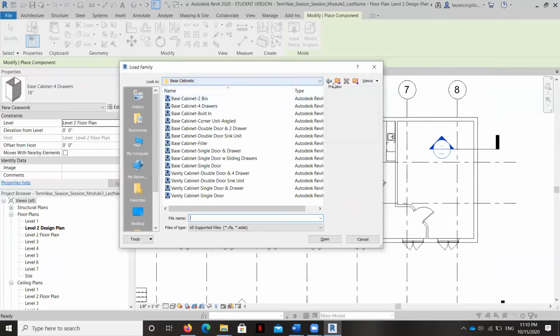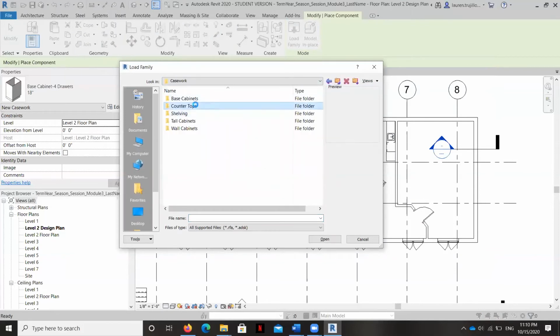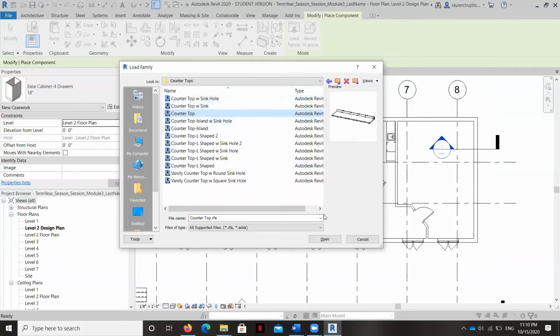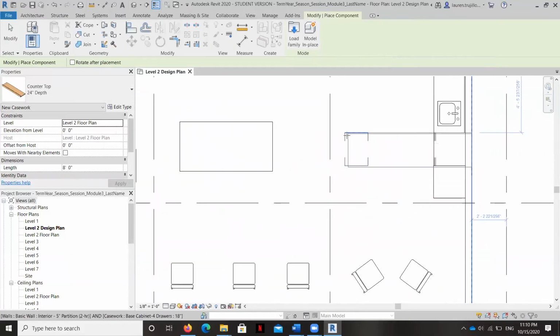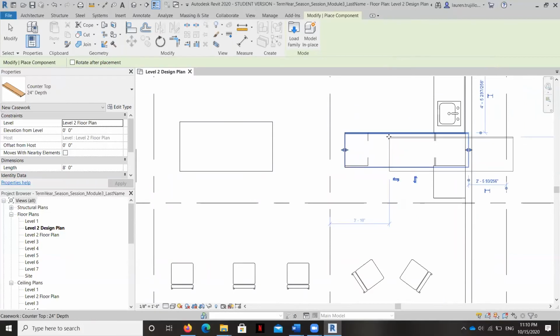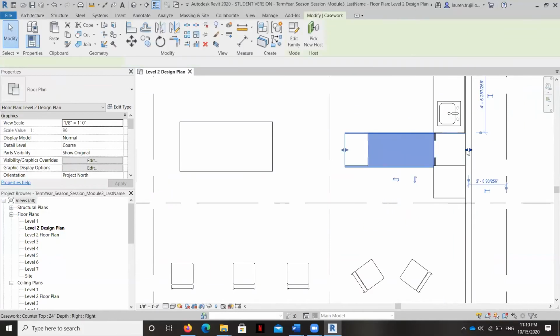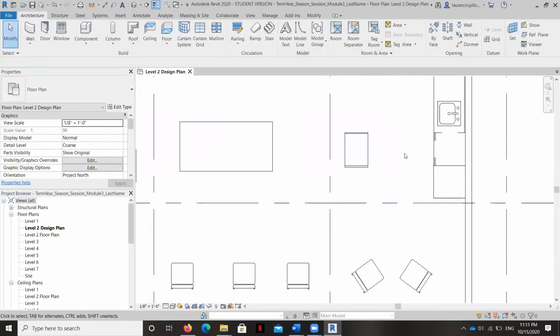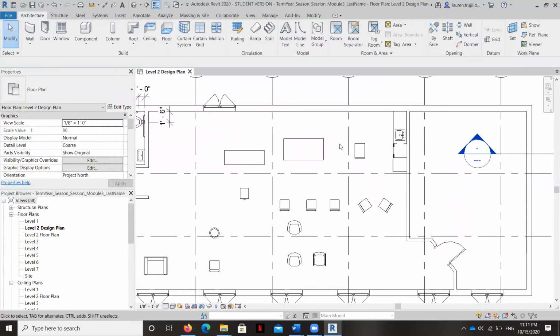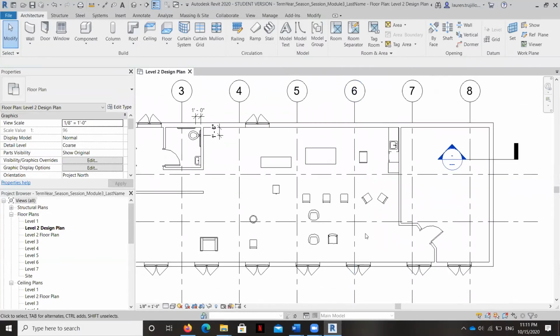And then the countertops, I usually start with this one because it's just a generic shape. And you can place it on top of your cabinet and drag your grips to adjust the size. And this is the little tiny one. Okay, so I'm going to pause for a second and create a very simple arrangement with these elements here so that you can replicate it. And then your floor plan should be close to complete.